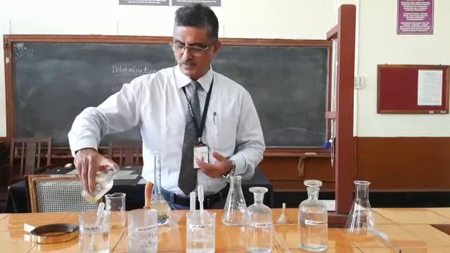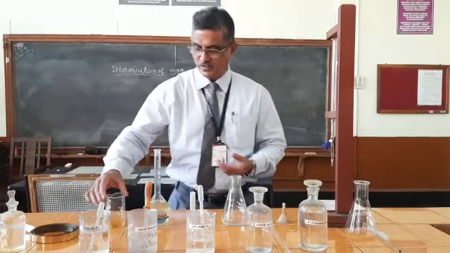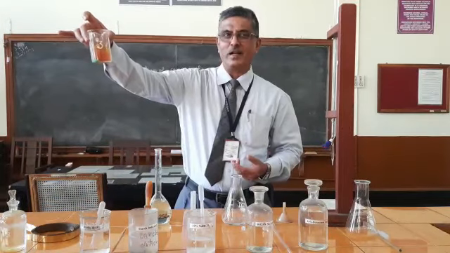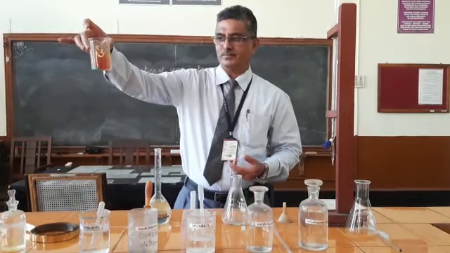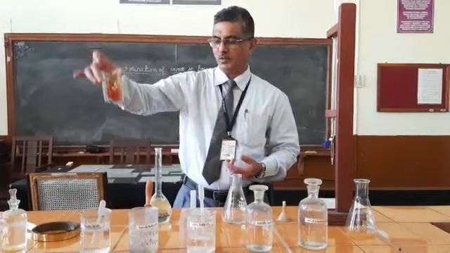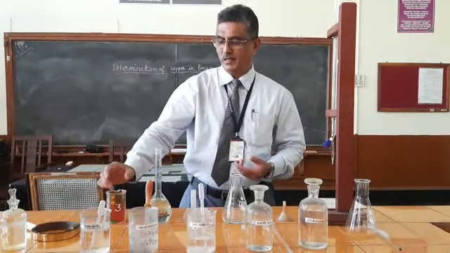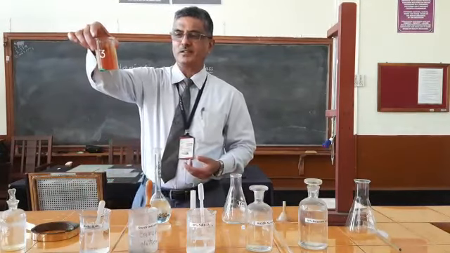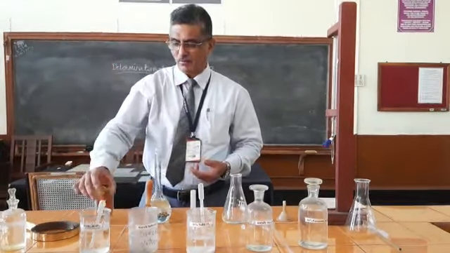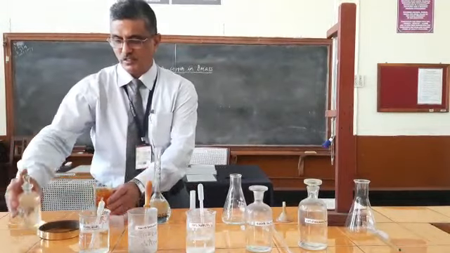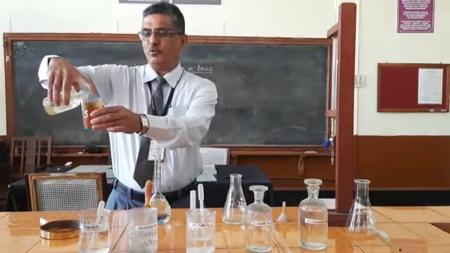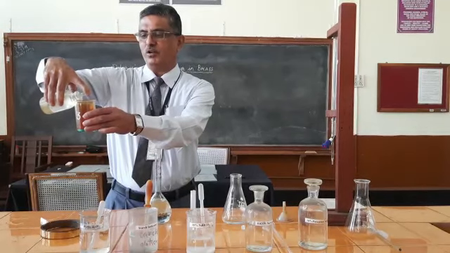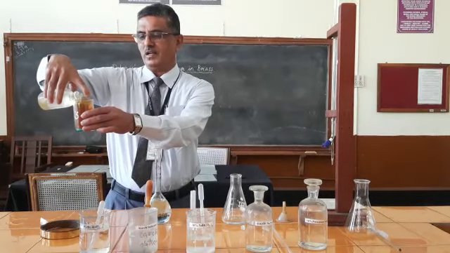Add few drops of nitric acid, and you can see here the brass is getting dissolved in nitric acid in fumes of nitrogen dioxide. Reddish brown color gas is formed, and you have to see that the brass is completely dissolved in nitric acid. If slightly more nitric acid is required, you can add it. So I want to add little more nitric acid because this is not enough. Add few more drops of nitric acid. So you have to handle this nitric acid carefully because it is a strong oxidizing acid.